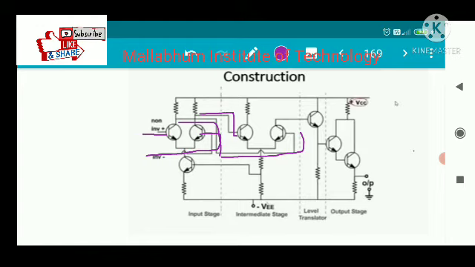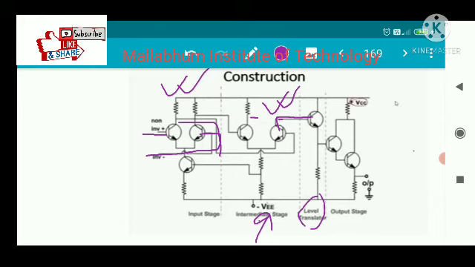And you can see in this second stage, there is one output, there is a second output, but we have only taken the second output, so that's why this stage is called the unbalanced output stage. Okay, hope you understand why we call the input stage the balanced output and why the second, or intermediate, stage the unbalanced output.